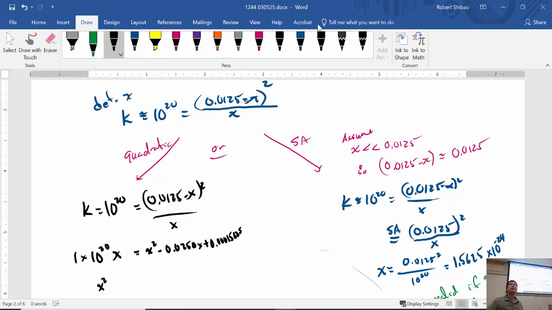So 10 to the 20th is what? 10 to the 20th would be 100 million trillion. So if I do 100 million trillion minus 0.0125,